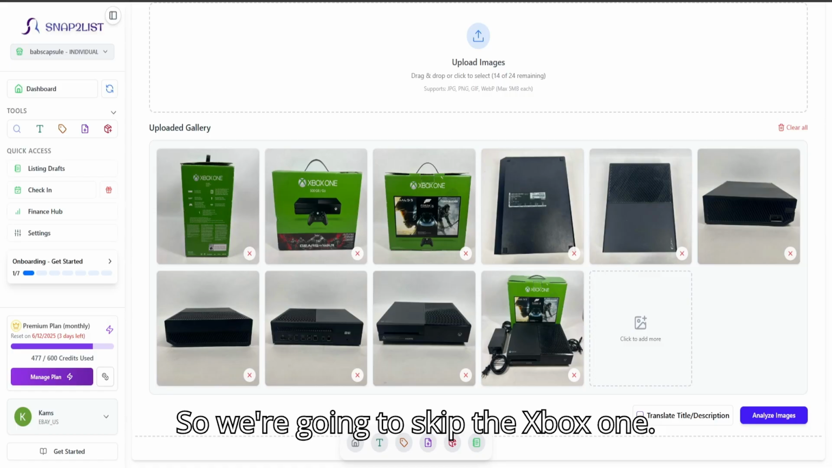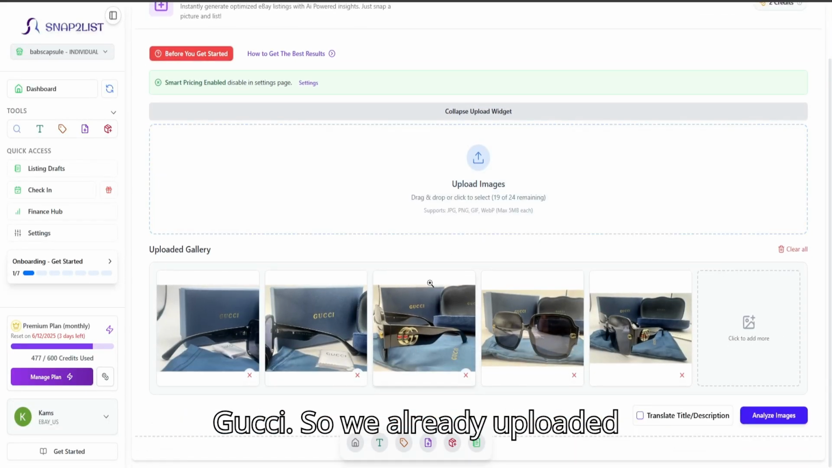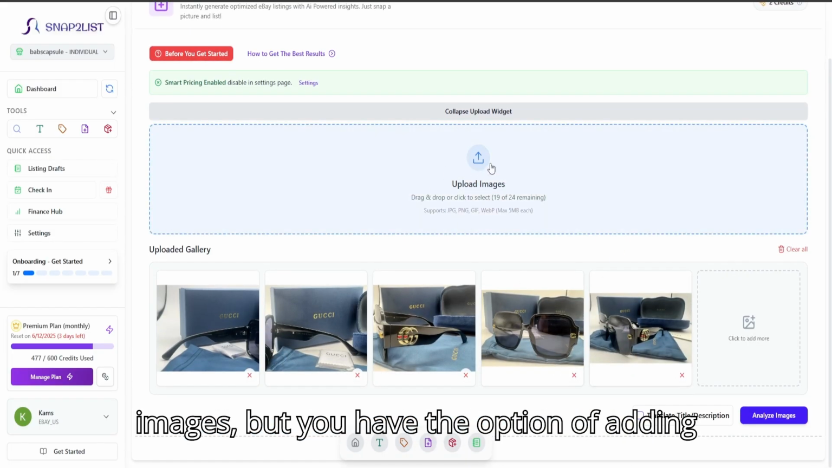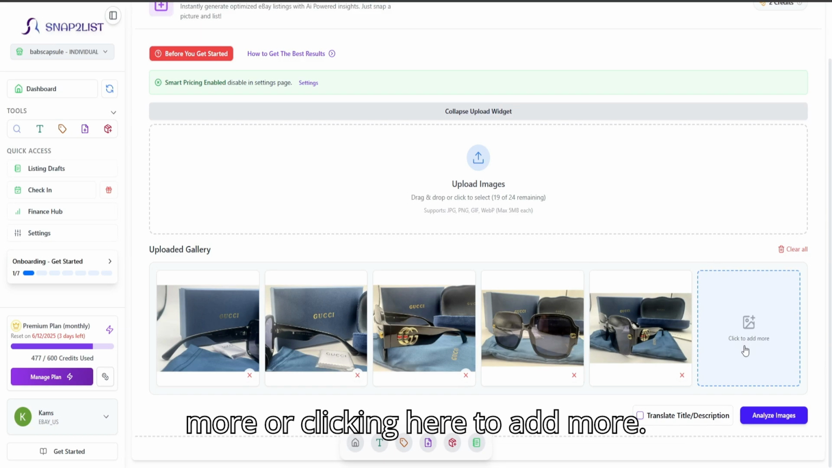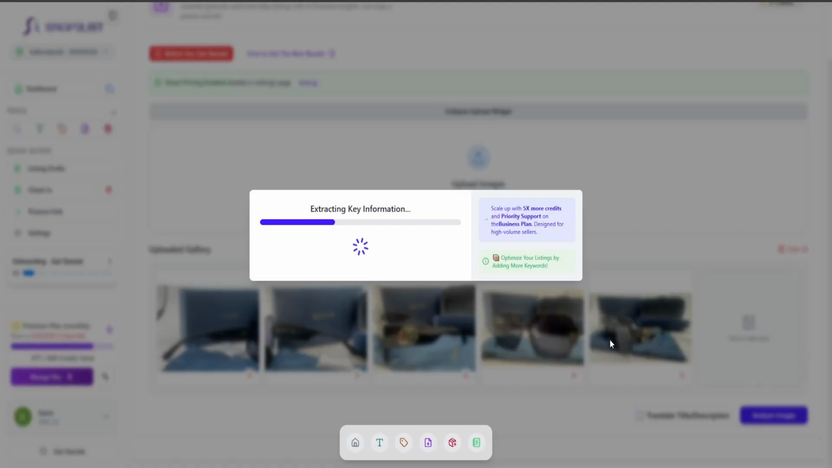So we're already going to skip the Xbox one. We're just going to do these glasses from Gucci. So we already uploaded images, but we have the option of adding more or clicking here to add more. So if I do click generate,